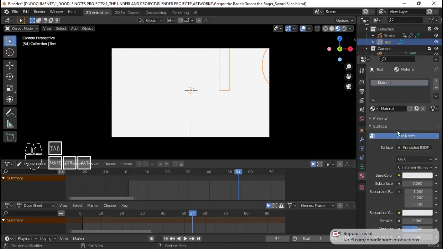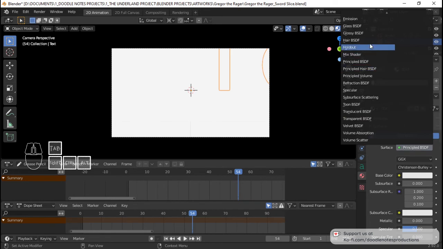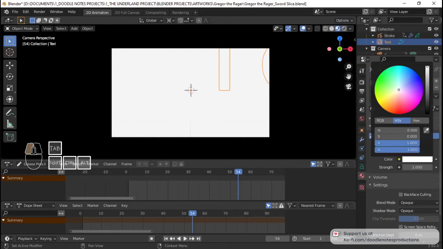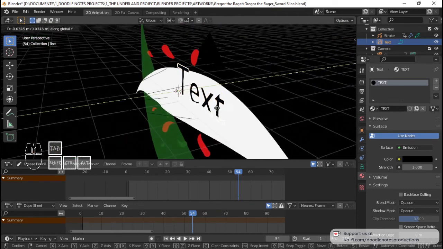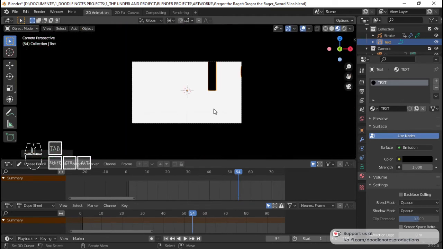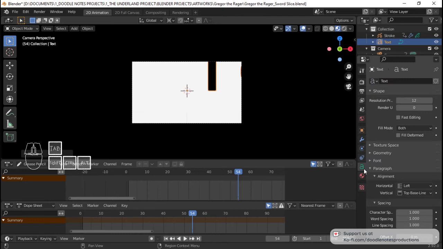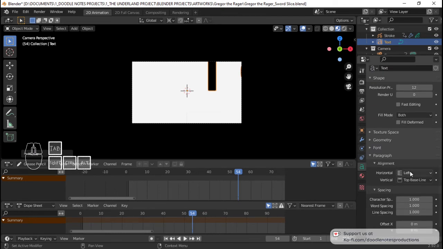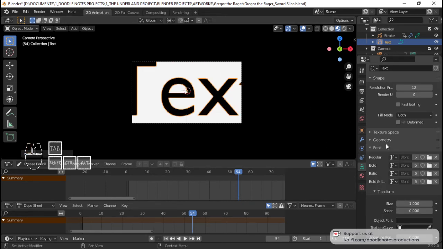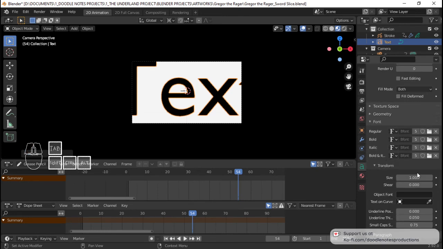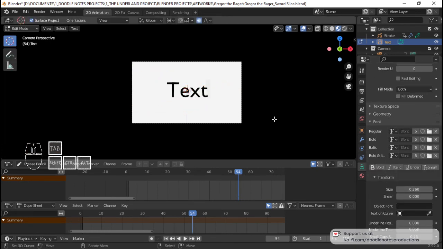I'm gonna add a new material here, name this text, and set the surface to emission, and just set it all the way to black. And we are going to put that right above the grease pencil object. Set the alignment horizontal to center, vertical to center. Gonna go to geometry, I think, or is it font? Yeah, font. Reduce the size and type in